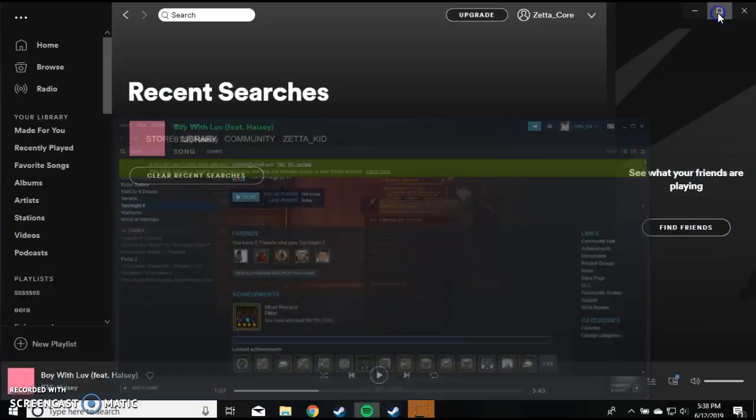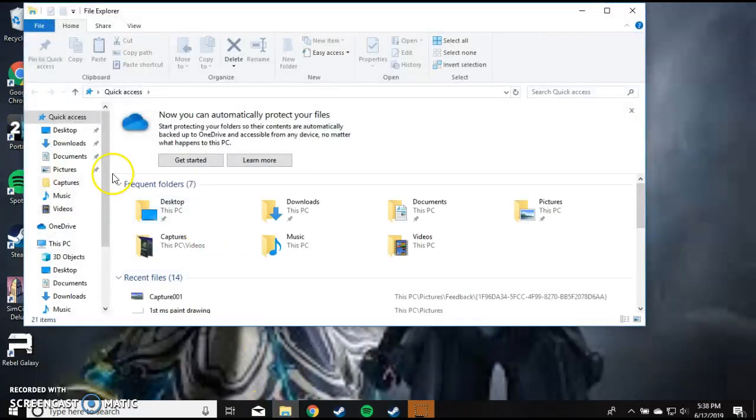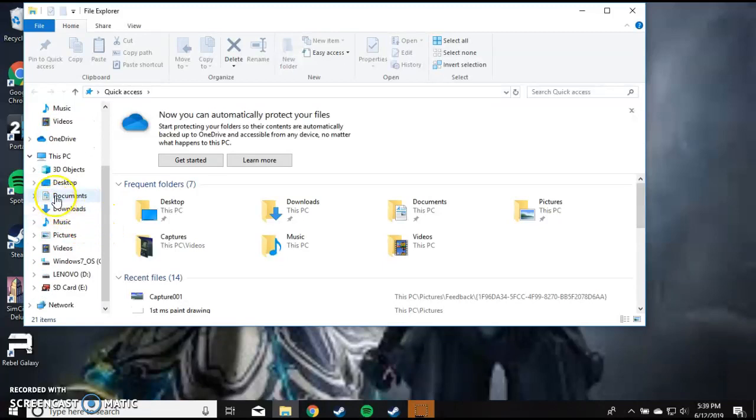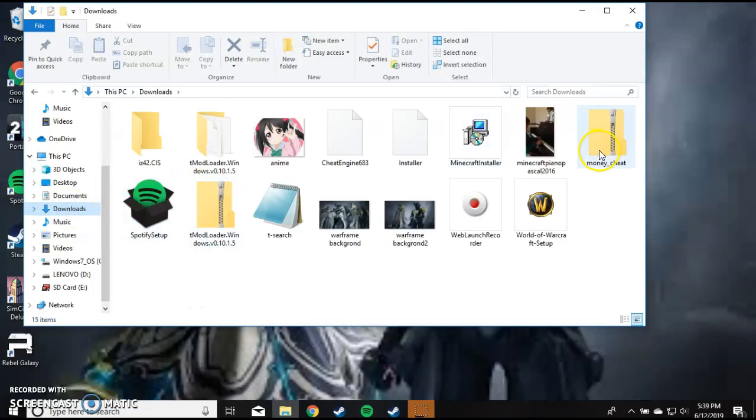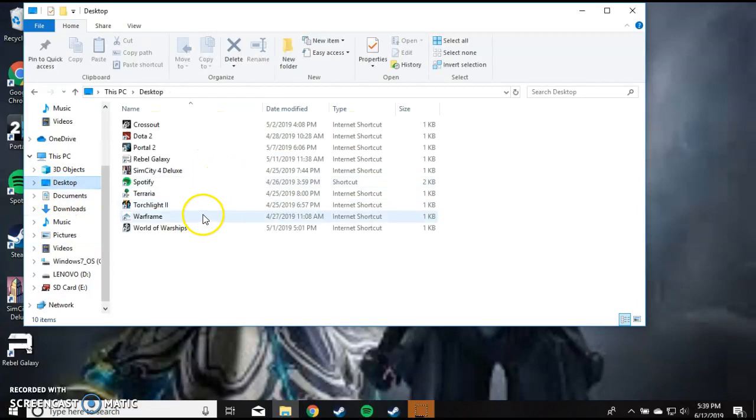Okay, so I will be talking about how to cheat items in Torchlight II, cheating or things like this. So, how to browse, download, or not download, it should be just